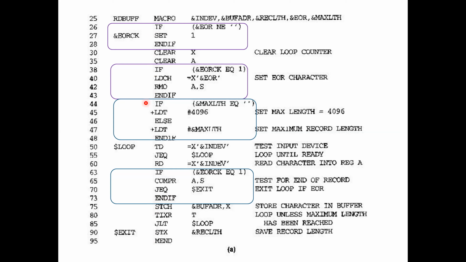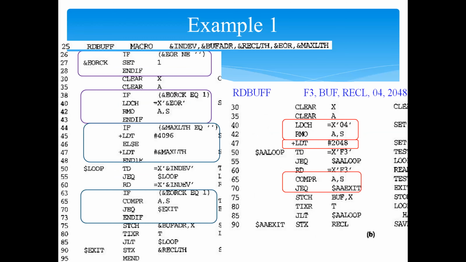So the point to be noted here is when a macro is invoked, depending upon the parameters being passed, every time the expansion may be different. It can be different depending upon the parameters being passed. Not all the statements coming in an if condition will be expanded. Only if the condition becomes true, the statements written inside those conditions will be expanded. So to comprehend this statement, let us look at some examples.